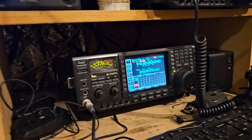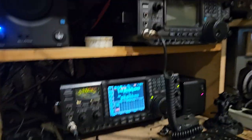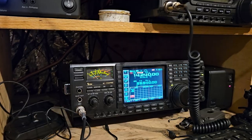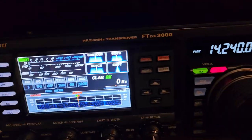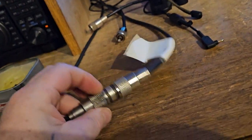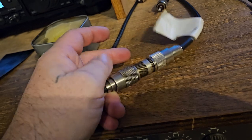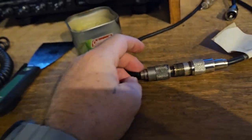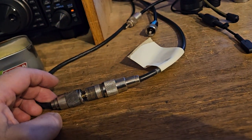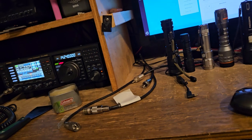But I'm still not confident that there's not another problem somewhere, either in the tuner. The noise level is just a little bit too low. All right, so I have switched radios, and the noise level is still a little bit too low. But it makes me wonder, though, if I can do this. Okay, when I go like this, you see the noise is up pretty high. So I'm wondering if something is shorted somewhere,